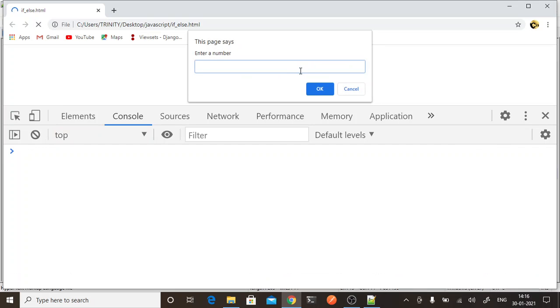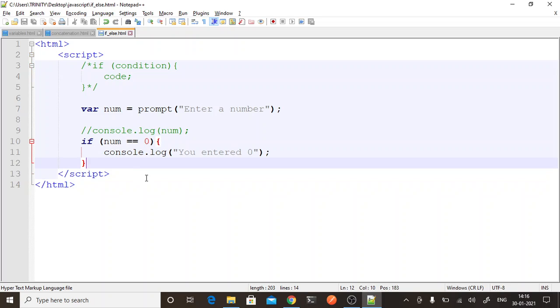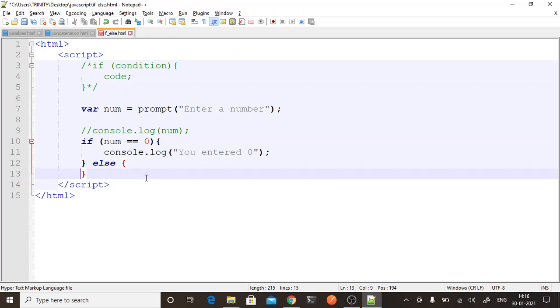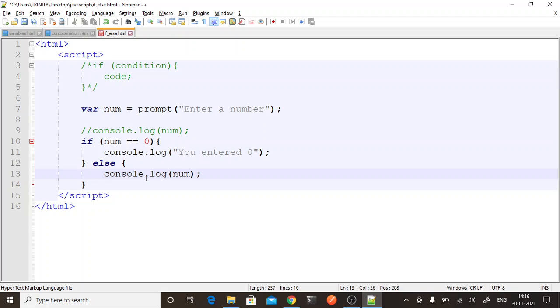But what if I enter some other number? It is not executing anything. So I have to give one more condition. I can just say else, and in the else part I will just print the number they have entered, num.